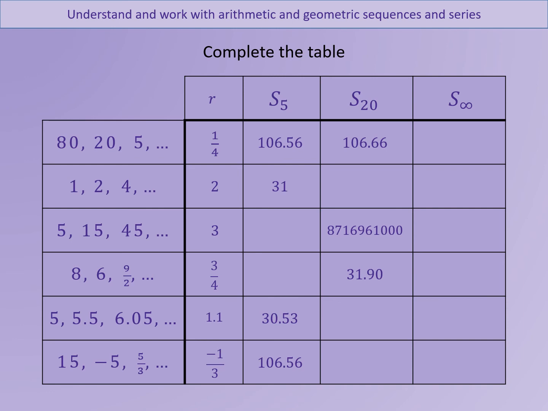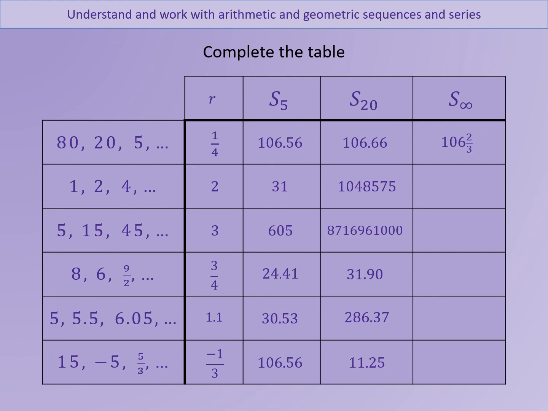To find S5 and S20, you're going to use the formula for Sn, which is in the formula book, using n equals 5 for the first column and n equals 20 for the second column. You can use a as the first term in each of the sequences and r as the common ratio. So here are the values that we get. Now, if you continue calculating these,